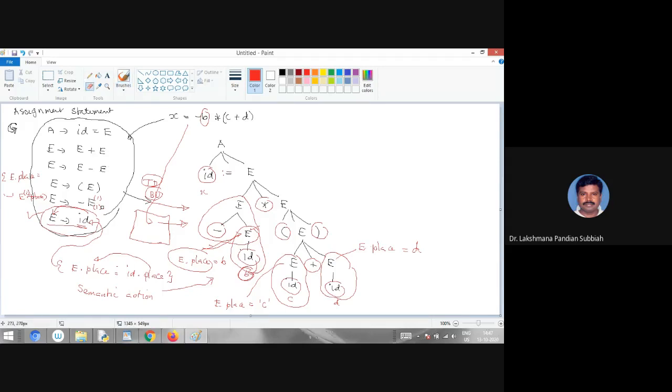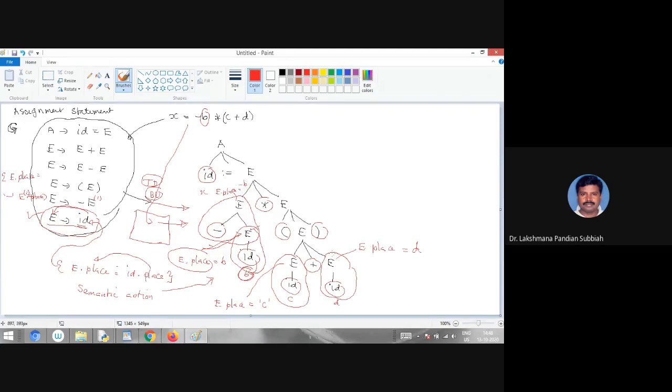So E1.place. By this way, what you are getting for this E is E.place equal to minus P. In that location we are having E.place equal to minus P, right?